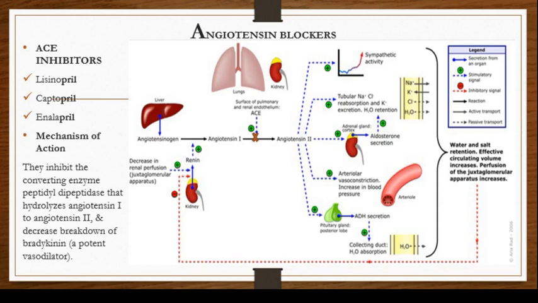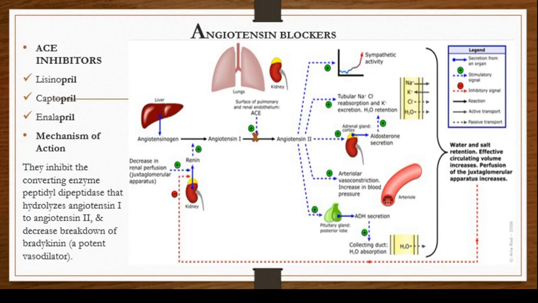So when we pick a drug like lisinopril, it is almost the major drug which is not metabolized by the liver, and is eliminated unchanged in urine. It is also important to note that lisinopril is hydrophilic, and it has a long half-life of about 11 to 12 hours. When we pick captopril, it was the first ACE inhibitor to be released on the market, and